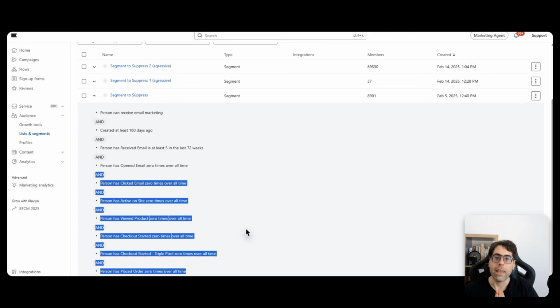For example, if you are sending an email every single day, and there are brands that do this, do you really need to wait like 100 days until you suppress somebody? No, if you send them 30 emails in a row or 60 emails in a row and they've engaged with 0 of them, then probably they're not going to engage if you send them one more, right? So you could have much tighter filters if you are sending so frequently,